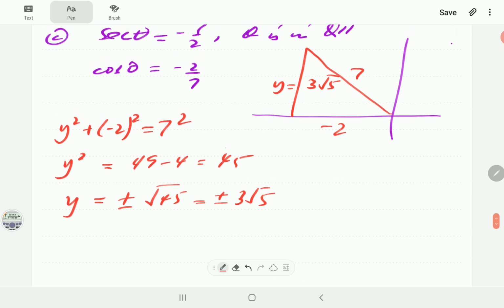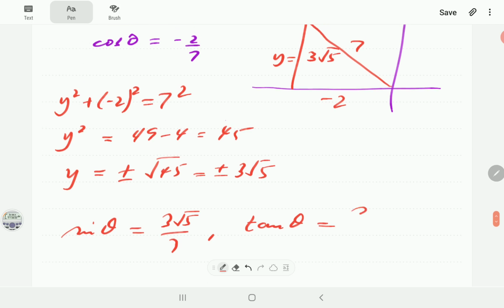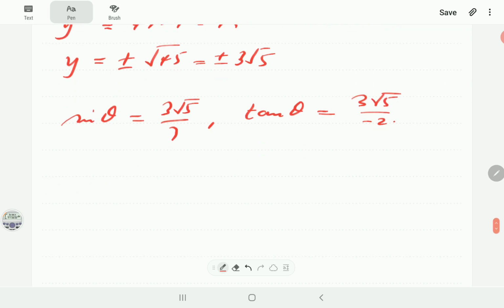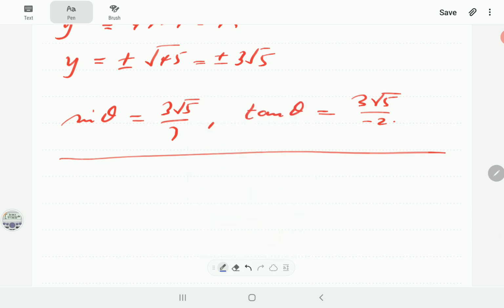So we already have cosine. We write sine and tangent. So sine is going to be 3 root 5 over 7. Tangent theta is going to be 3 root 5 over -2. We're going to give you 2 to try. So in D,